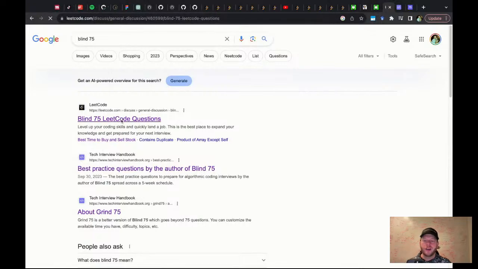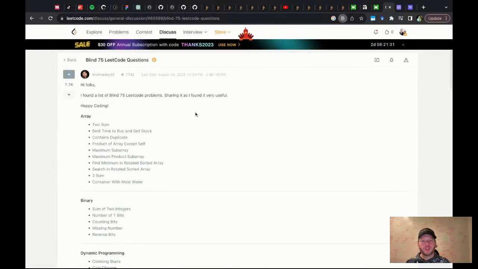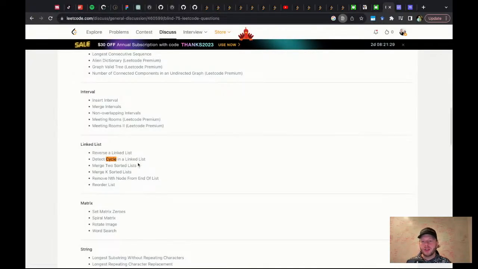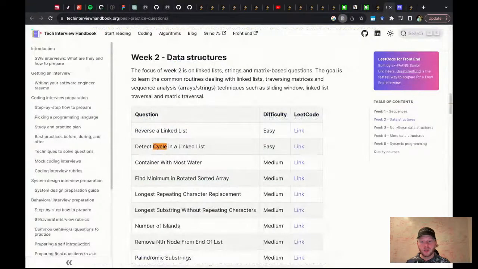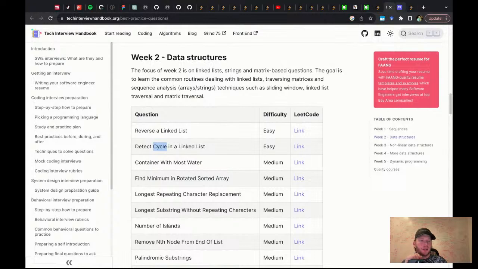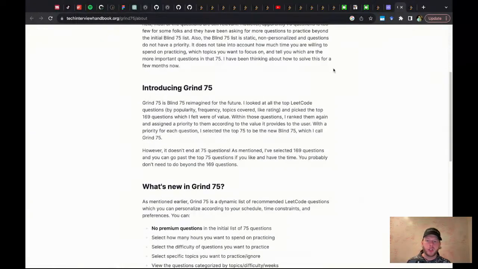The Grind 75, yikes. So let's look for cycle. Detect cycle in a linked list, okay. That's good. Good, and I can use this as my linked list question, right?